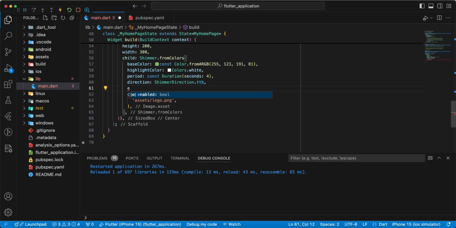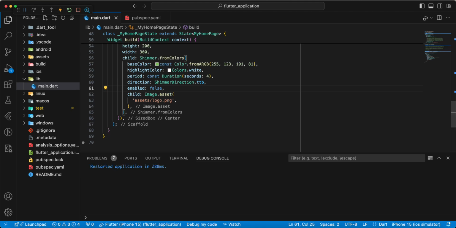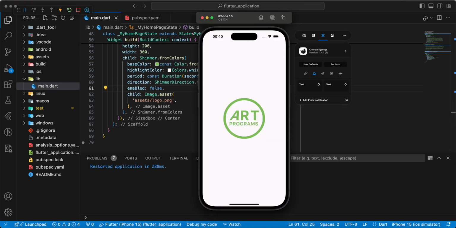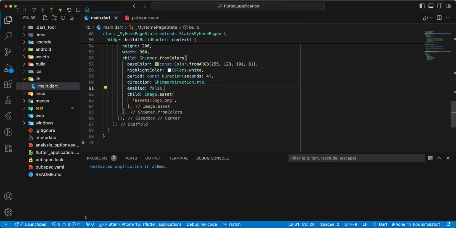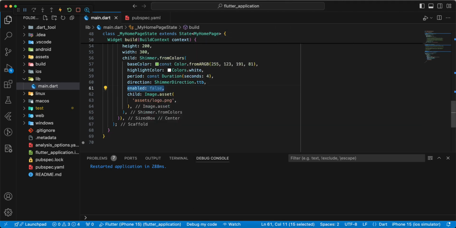Then we can add parameter enabled, write false, hot restart, and next parameter loop. For example, we write 1,